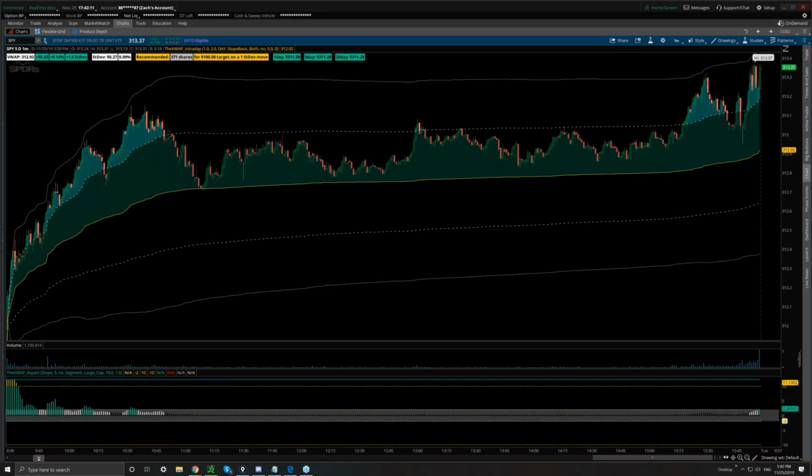Sometimes VWAP seems to act as trustworthy support and resistance, and other times price moves right through it. Why does this vary? That's a good question. It all has to do with how much defense is being offered at the VWAP. So if buyers, for example, don't think there's going to be higher prices imminently, they're probably much more likely to wait and let price drop below VWAP to a real steep discount.